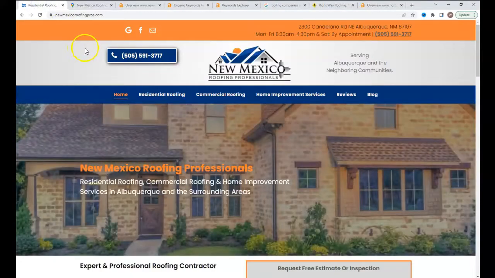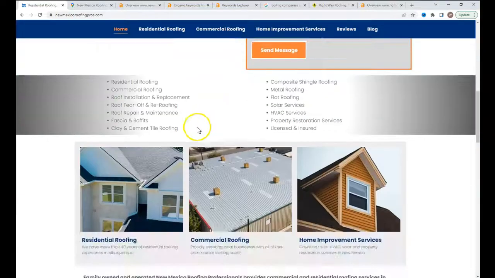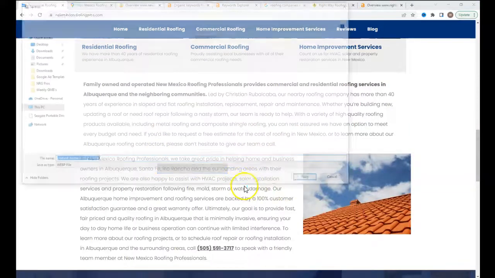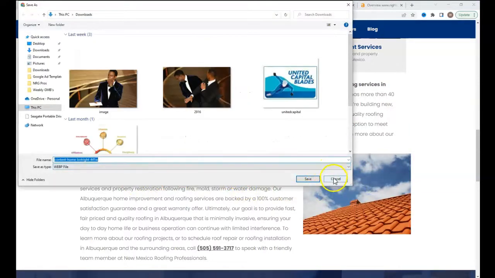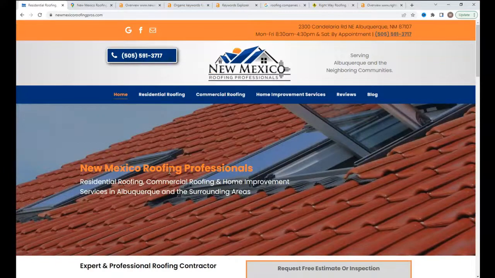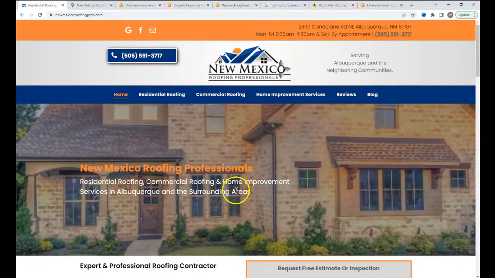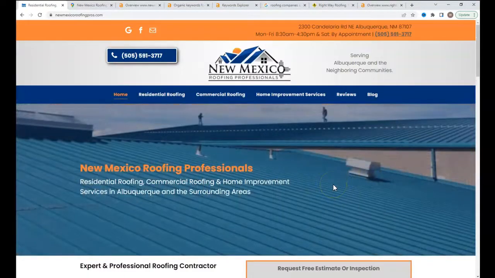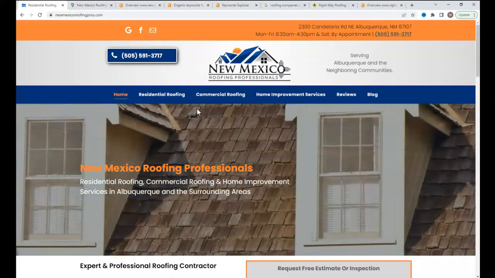So, say I wanted to rank for that, right? I would have that as a heading somewhere. I would have it throughout my text. I might even save an image as that. So, this image, instead of it being saved as content home, it would be saved as Roofing Companies Albuquerque or Albuquerque Roofers or what have you. And having those keywords throughout your site and in headings and throughout your content and saved as images, when Google crawls your site, they see that you have that keyword verbatim there,